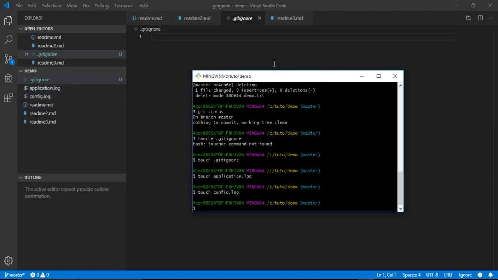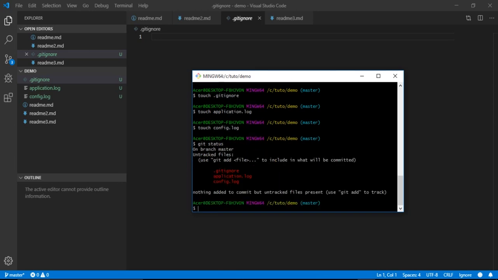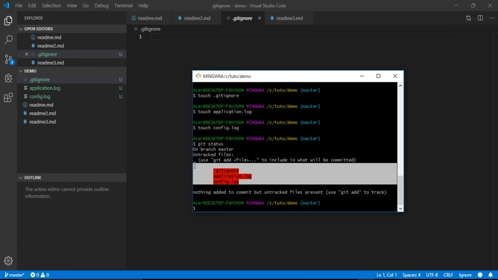So now we want to add and commit our project, but we want to ignore those two, application.log and config.log. Let's write git status, and as we see here, it tells us that those are three new files